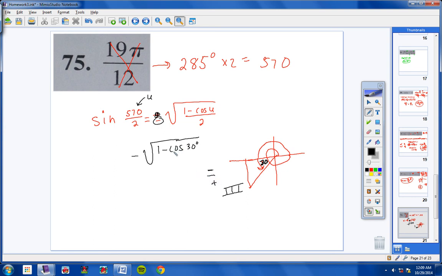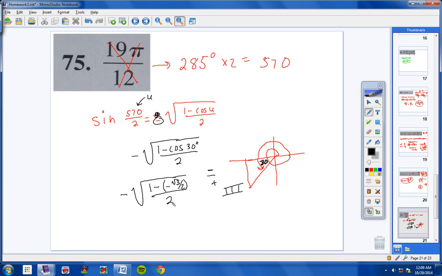So the cosine of 570 is the same thing as the cosine of 30, as long as you remember the cosine of 30 will be negative because you're in quadrant 3. Okay, so negative square root of 1 minus, now the cosine of 30 is square root of 3 over 2, so negative square root of 3 over 2